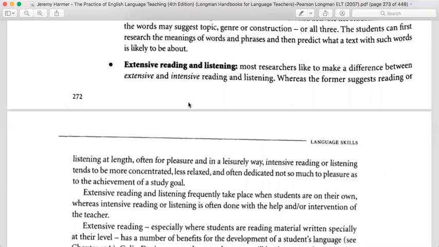So if you suggest they watch a movie, they are looking at the video and also listening to the dialogues. If you suggest they listen to a song, it can be done through audio listening. So both of these, video and audio, can give students practice in, right now we are talking about, extensive listening. There can be a lot of methods and techniques for extensive listening.